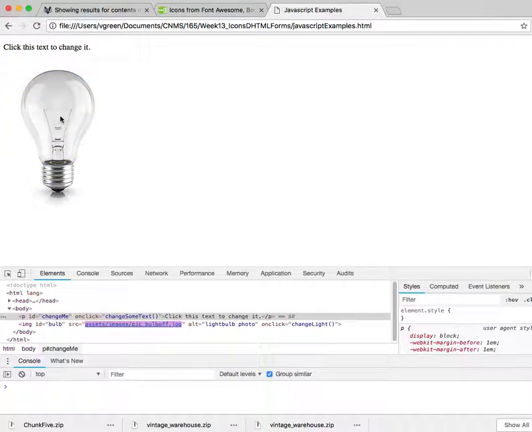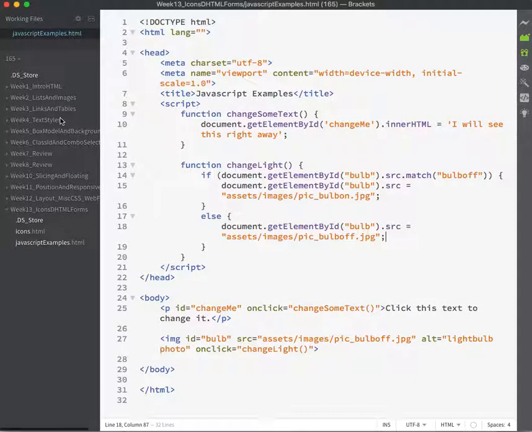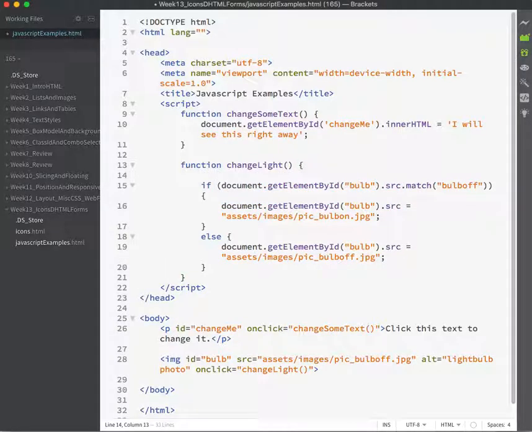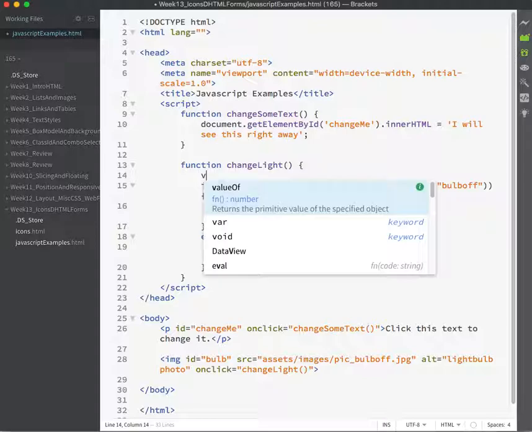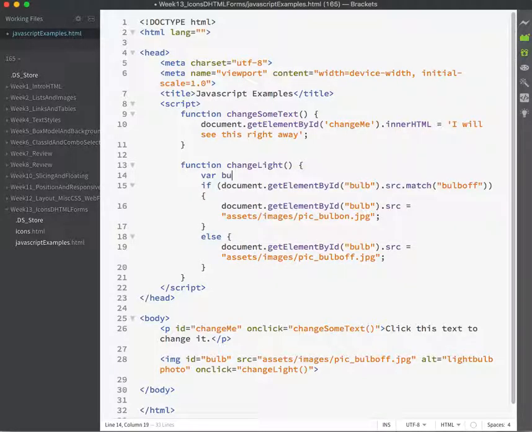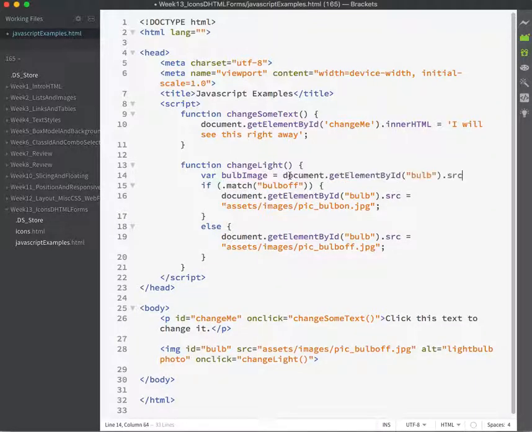So this is fun. Now, the slide has one other difference, and that is sometimes this gets a little unwieldy, like having to keep writing this over and over again. Just like you like to make your CSS as compact and readable as possible, I'm going to make one small change that's available to me in JavaScript to say, let me create a thing called a variable that just holds these words for the moment, so I don't have to keep typing them over and over. Var bulb image equals, and then from now on, every time I see this thing, I can just refer to it